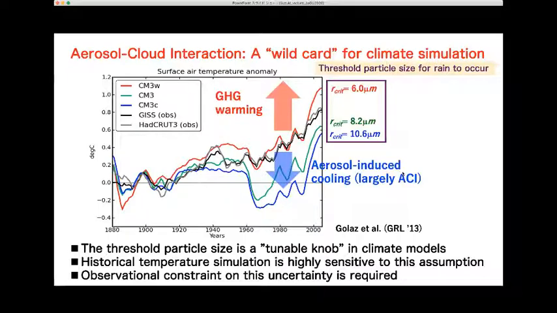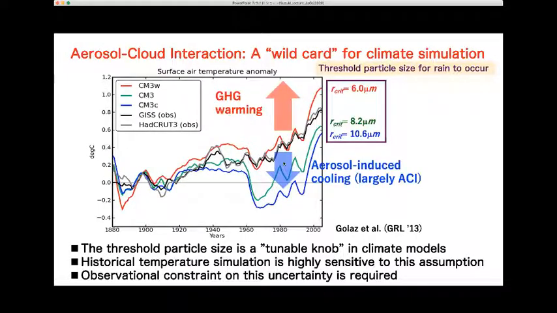That actually has a significant cooling impact on the climate, as I mentioned, and that can be highlighted in these simulation results of the historical temperature change for the past 150 years, showing how the global mean temperature has been increasing, basically due to greenhouse gas warming. But there is another counter-cooling impact by the aerosol-induced cloud changes,